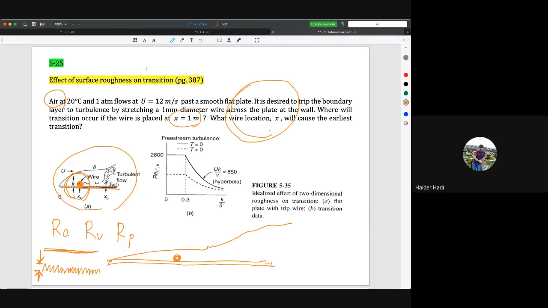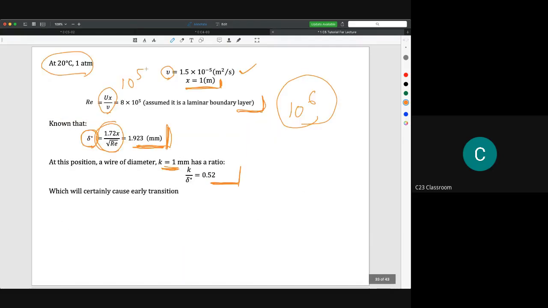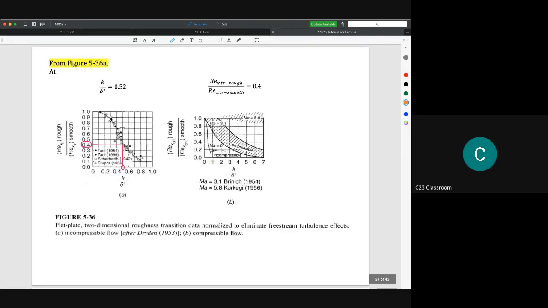So why do we need to calculate this ratio? Because we need to solve this one by using the idea of this graph. As I said, it is not easy to predict the turbulent behavior. It fluctuates very much, so we depend 100% on the experimental data. From our textbook, if you refer to figure 5.36, we find that